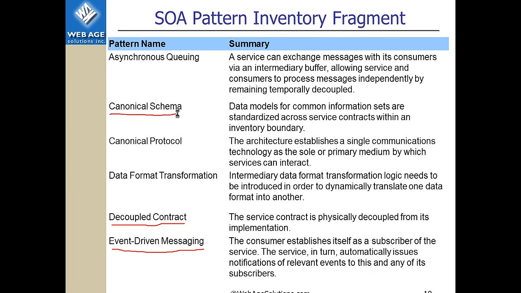And canonical schema, it's when your information sets are created as per some common standards.